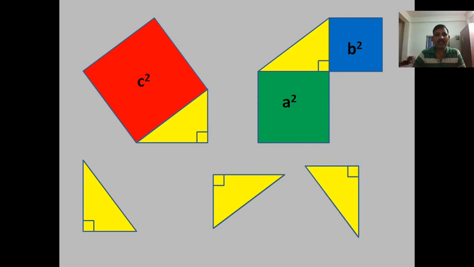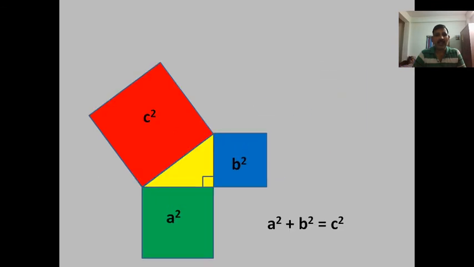It is quite interesting. So this is a right angle triangle with the c square on one side, and the other triangle contains a square and b square. Because the triangles are congruent, when we place them one over the other, we get a square plus b square is equal to c square. This is one more way of proof for understanding Pythagoras theorem.